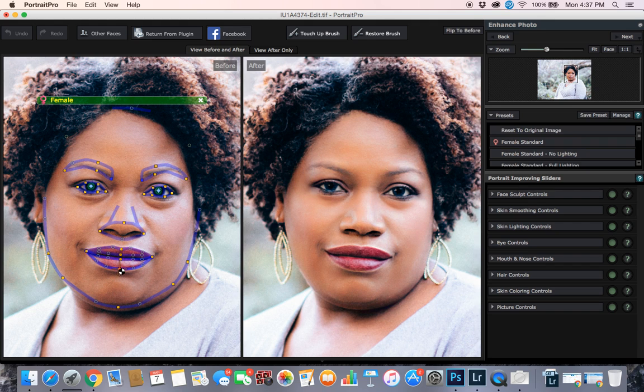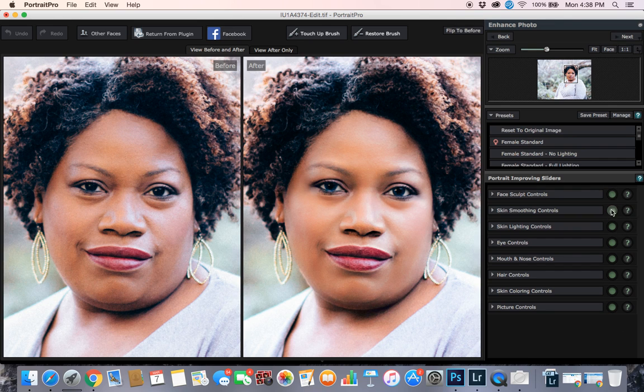So the lips look okay. Right now it's thinking, so I'm going to pull this down a little bit. My lips are a little bit bigger than what it's thinking. I got big lips. And my nose, they did a pretty good job with searching my face out. Sometimes they don't do as great of a job. So right now, if I go over to the right side,